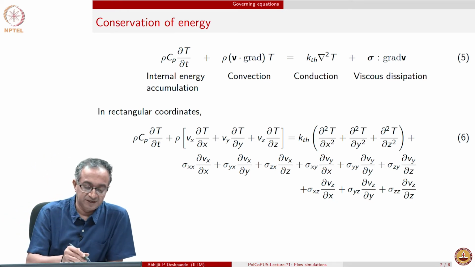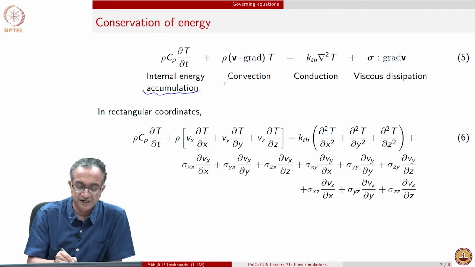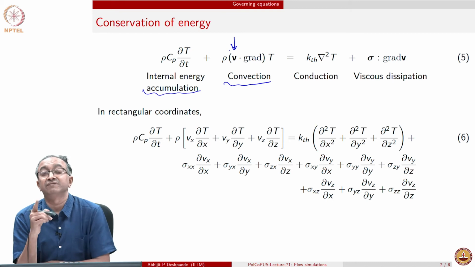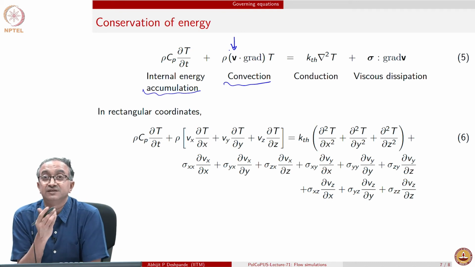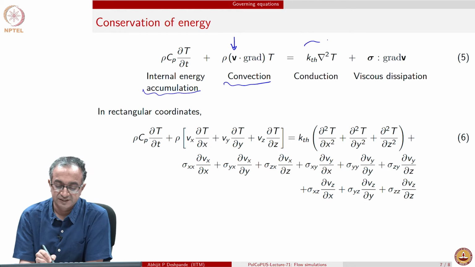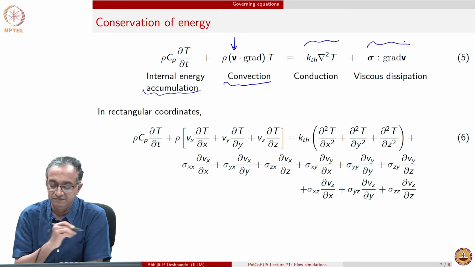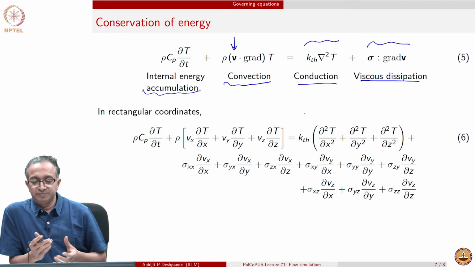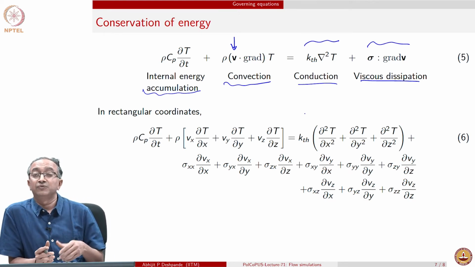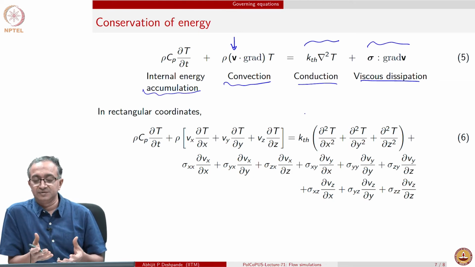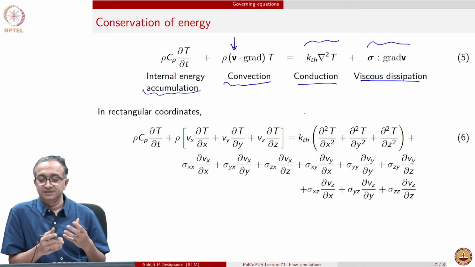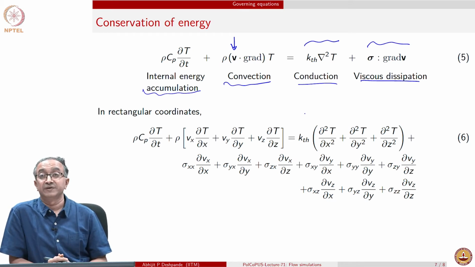And again, this can be looked at as terms of energy accumulated or energy getting convected. You can see that V is the velocity which is convecting, in this case, the thermal field. And then there is conduction mechanism, and then you have viscous dissipation. So, the viscous dissipation in the material depends on the stresses that are being applied and how rapid is the deformation in the material in terms of gradient of the velocity. So, the strain rate in the material and stress determine the loss of energy or the dissipation rate of energy.